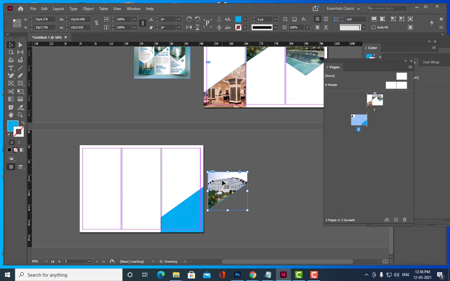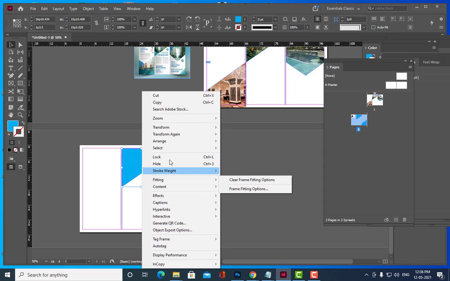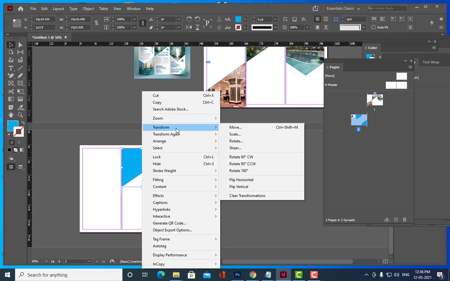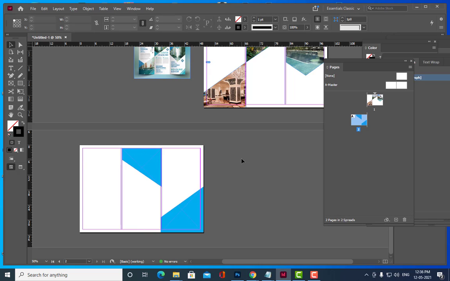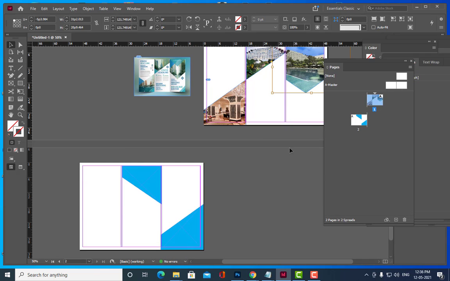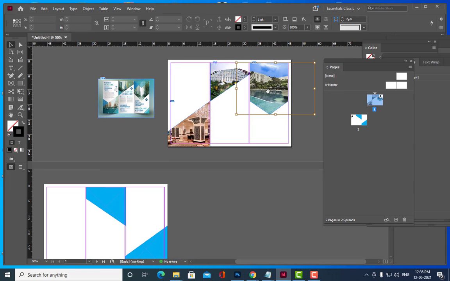Then this one we can do something like a flip. Okay, I will also delete the image, so we can flip it. Because in the second page the design should be a little bit different. Let us not put the same type of design in the second page. Okay, so I have changed it. And then the last one, so let me alt and drag.